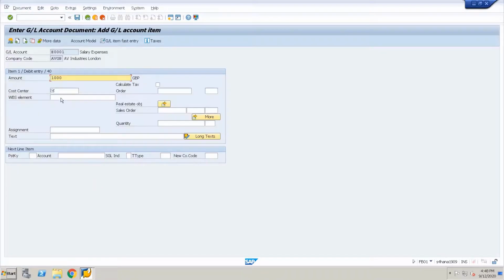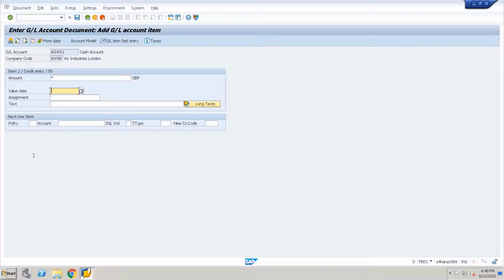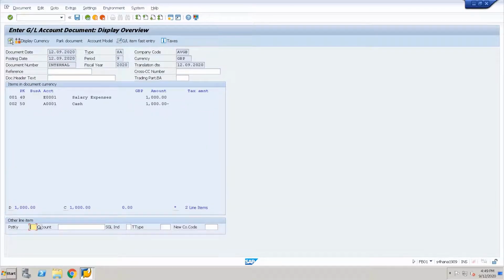Fine, we have defined the cost center. I will give the cost center here and let us credit the cash account, the same amount, and value date is this date. Okay, so here we did not define any ledger. So this is not a ledger specific posting. We are in general posting an FI document in the company code. So now let us save this.